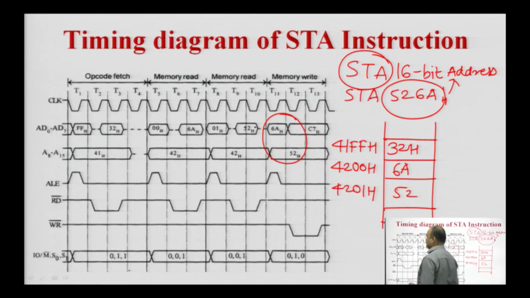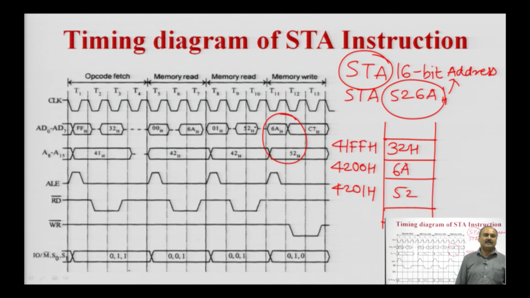So, this is the 16-bit address which is specified with the instruction. At memory location 41FFH, we have the operation code of the instruction. At memory location 4200H, we have the low order 8-bit address of the 16-bit address specified with the instruction, and at location 4201H, we have the high order address of the 16-bit address specified with the instruction, which is